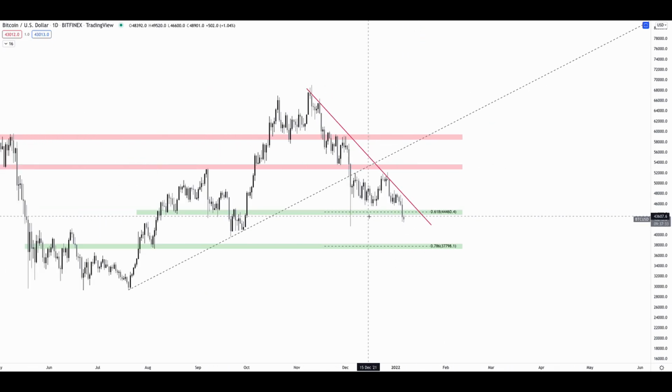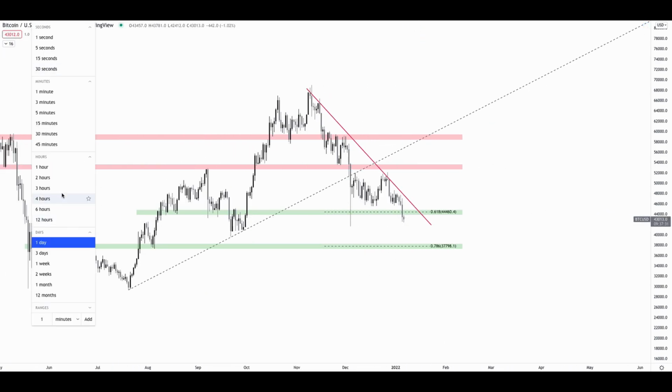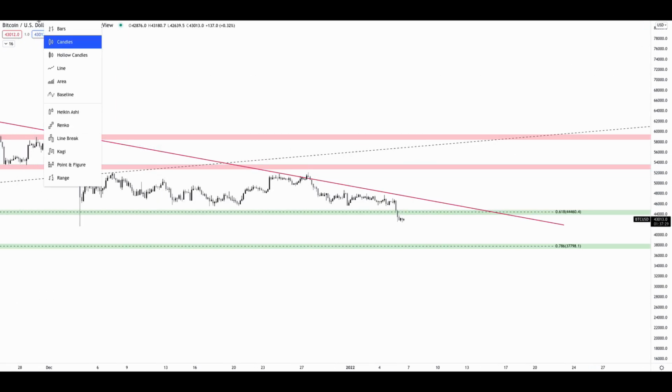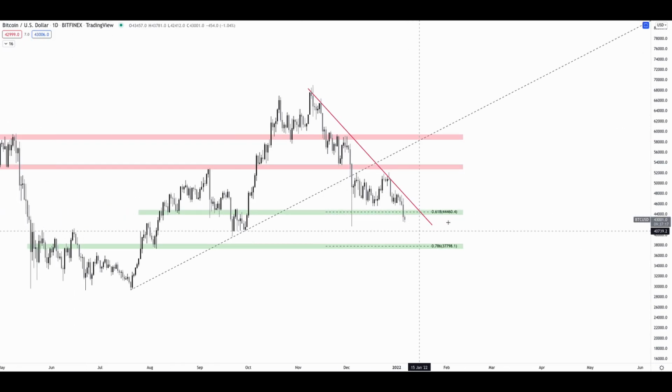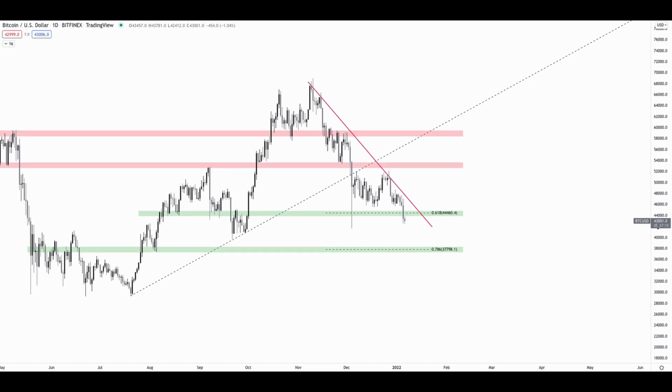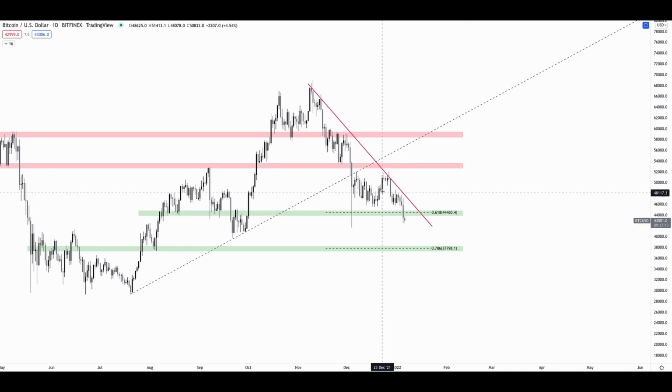But obviously that isn't the case, and that's more prevalent in the 4-hour chart as well. I'll be going over the 4-hour chart later, but for now I want to stick with the daily chart. So basically the bullish perspective, so to speak, that I had was looking at this entire range as an ending diagonal. Now, what we are seeing right now, however, is a huge bearish engulfing candle breaking down below the 0.618 Fibonacci support at 44.4K.